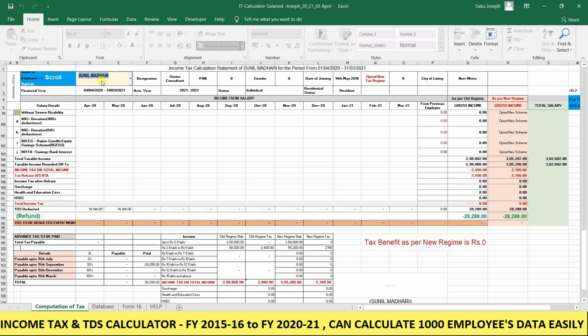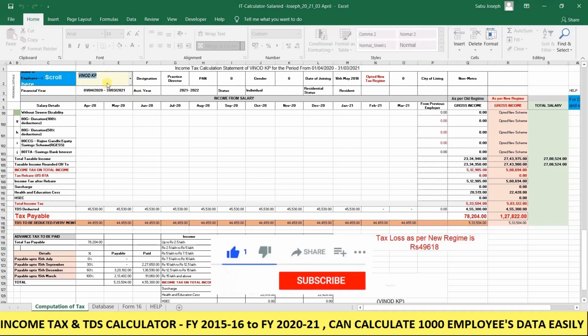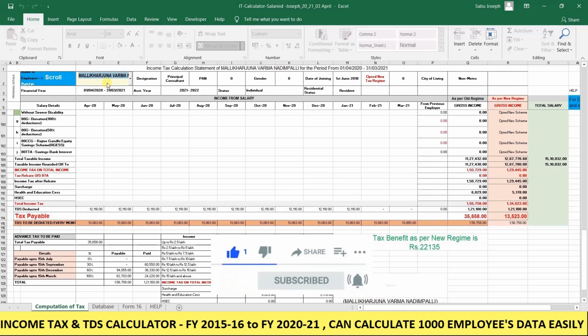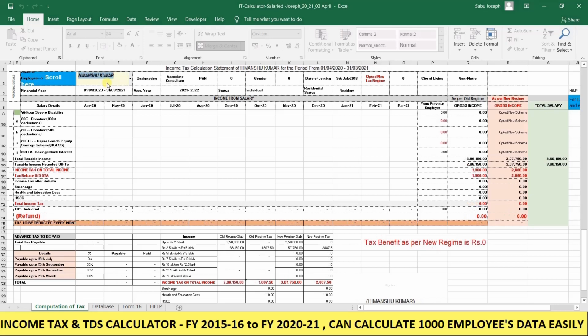Scroll down again. This employee has no benefits. Here the tax liability as per the old regime is coming to 78,204, but as per the new regime it is 1,27,822. He lost 49,618 rupees as per the new regime. Again scroll down. So on a single scroll down, you can select each employee one by one,